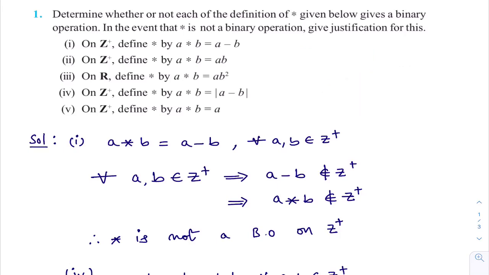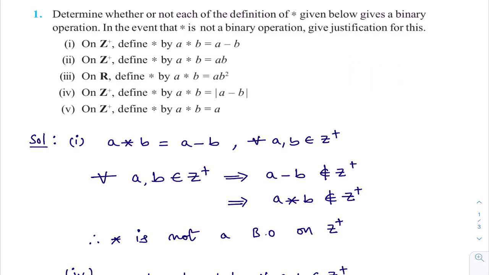Now, this complete week we are going to do exercise number 1.4, binary operation related problems. See, this is the first problem of exercise number 1.4. You can understand this exercise only when you are good in the definitions. We learn what is binary operation, what is commutative law, what is associative law, all those things in the theory part of exercise number 1.4, right?